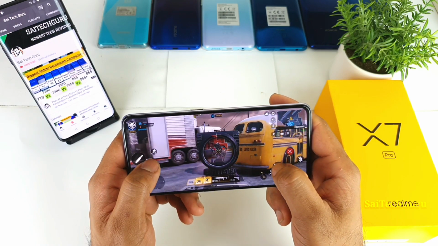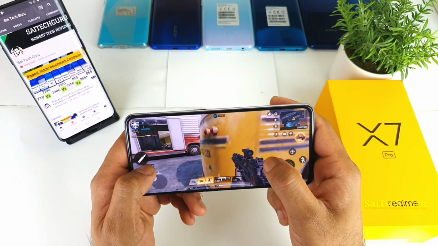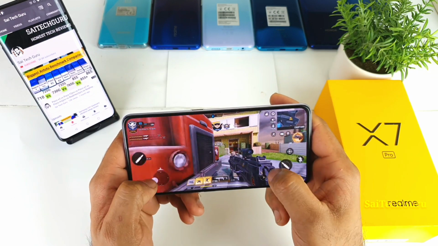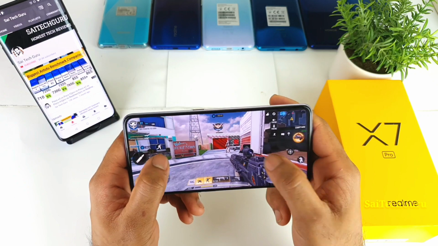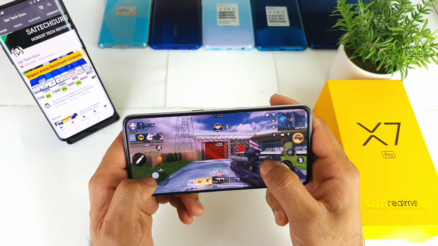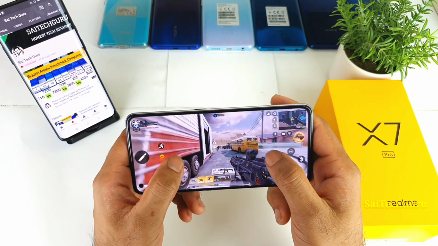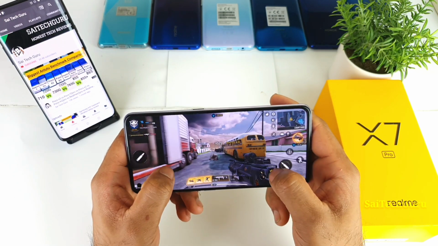It's pretty good. So overall, friends, in terms of the multiplayer you can play 60 FPS without any issues. In the battle royale you will be restricted to 41 and 44 FPS, that is the maximum. So maybe in the future once I get the update the things might be different, I think.